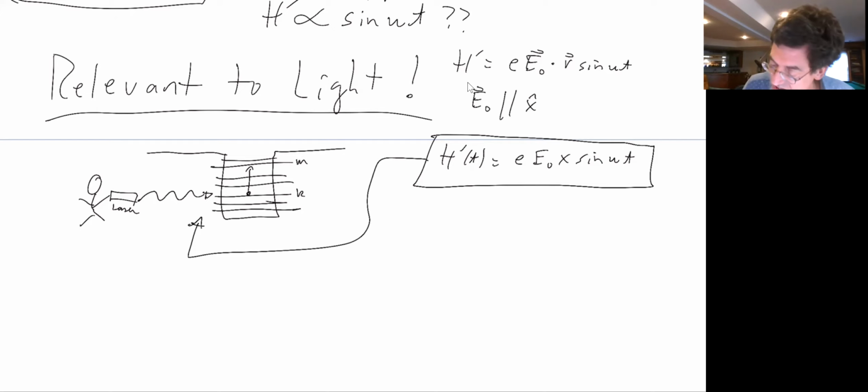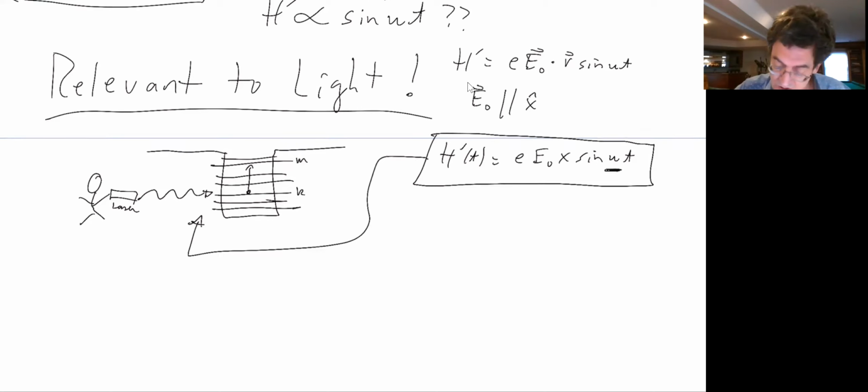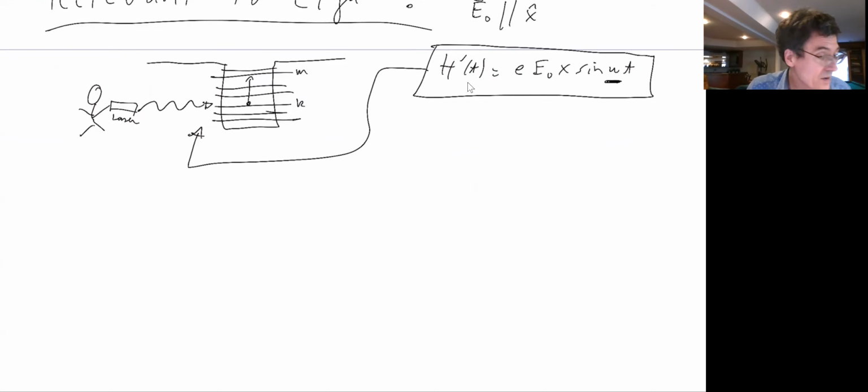So you can see it's a sinusoidal Hamiltonian because of the sinusoidal nature of light, which I've mentioned before. Okay, so then we have to assume that we're initially in some state phi sub k, and we want to know the transition probability to state phi sub m. And so then we know that the probability to be in that nth state at some time t later is